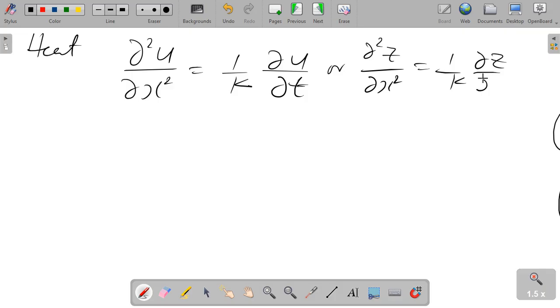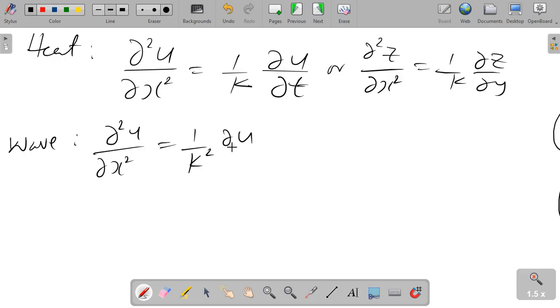This is the heat. From heat, we will now go to what? Wave. From heat, you wave it. So from wave, the difference is that everything here is going to be squared. So I'm going to have partial squared u over partial s squared is equal to 1 over k squared partial squared u over partial t squared. Or we say partial squared z over partial s squared is equal to 1 over k squared partial squared z over